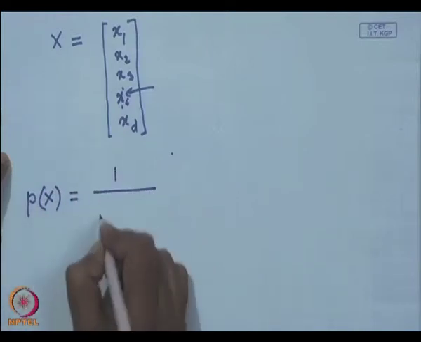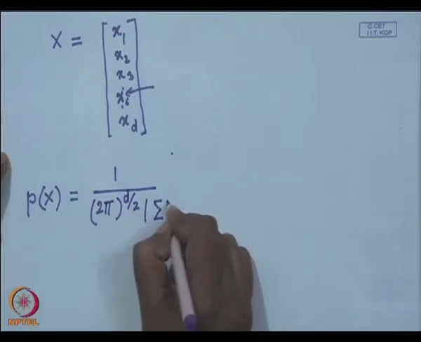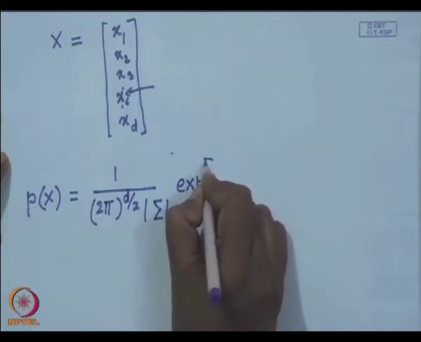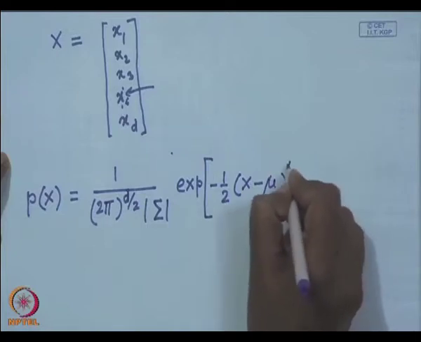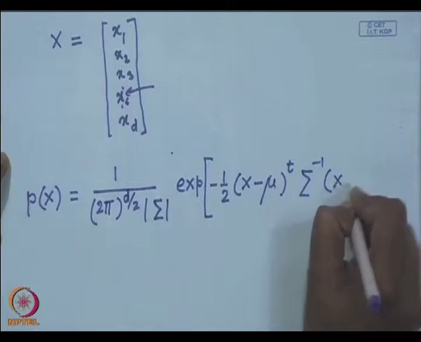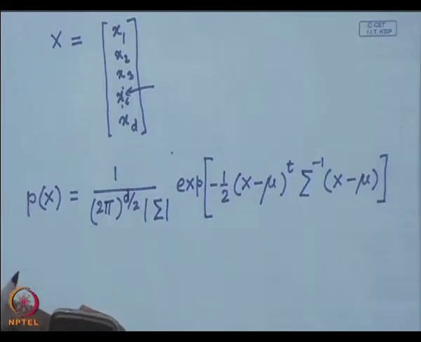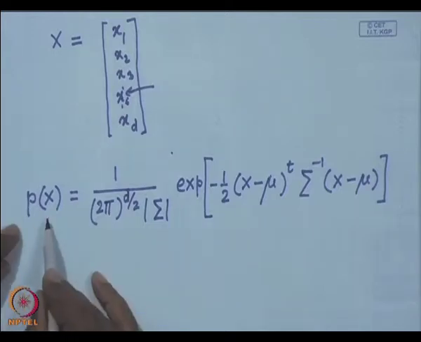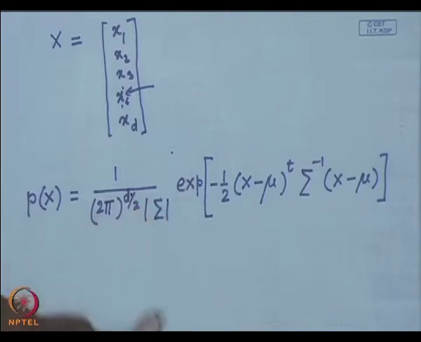As a result, the probability density function for a vector will be simply P of x is equal to 1 upon 2 pi to the power d by 2, where this d is the dimensionality of the feature vectors, that is, the number of components that I have within these feature vectors. And sigma,